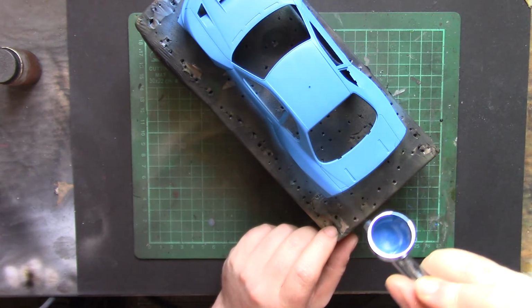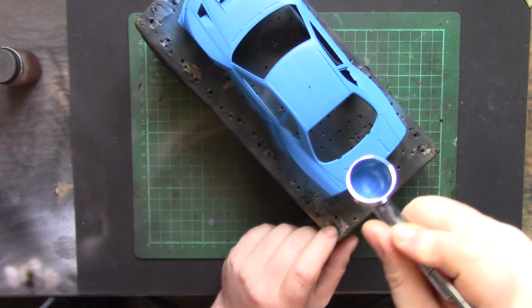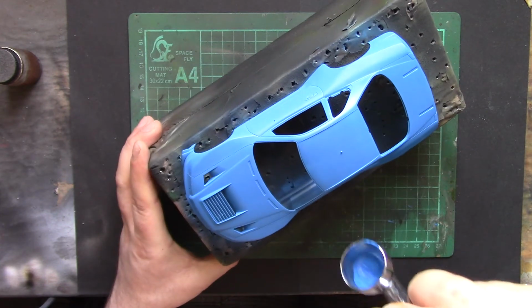Just to try and keep a wet edge to the paint so you don't end up with dry marks. I think that's probably not the right term for it, there's probably a correct term for it, but